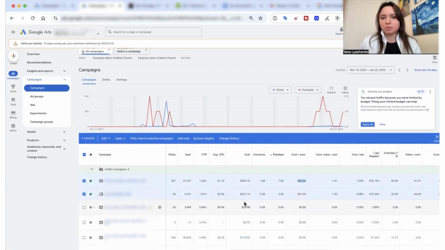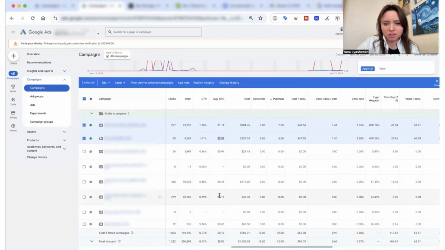Why did we launch it with manual? Well, manual bidding, to be able to look at and test the feed itself, because we had a specific type of pool cleaning product, and not all search queries were suitable for us that PMax could target. In order to assess the overall quality of the feed, whether it needs improvement and so on, and basically to get an idea of the approximate real cost per click.